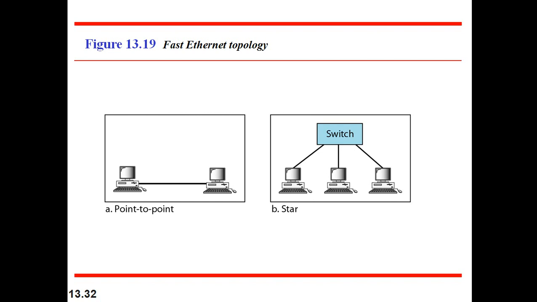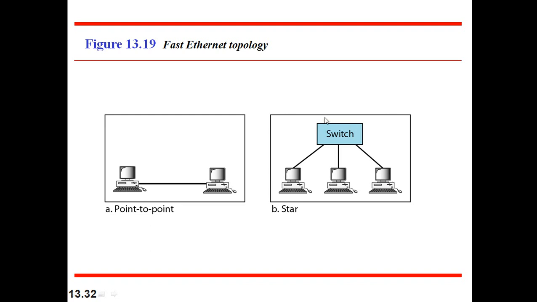When it comes to the topology, we are using two topologies. One is point-to-point connectivity, another one is a star topology. Here, if I am using a switch, that is a layer 2 device, then these devices are able to communicate with each other in a full duplex manner, where these switches have a certain buffer that stores the incoming frames and sends that information to the intended destination machines or devices.